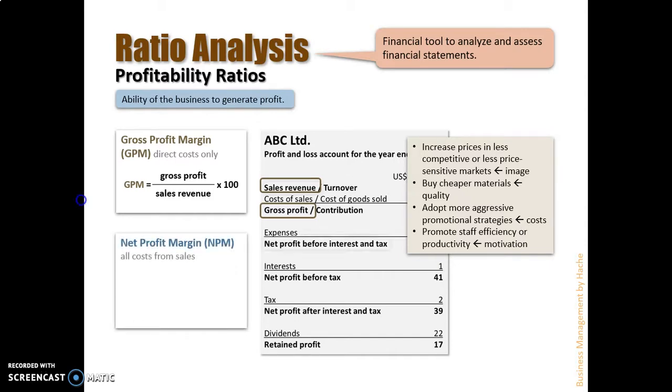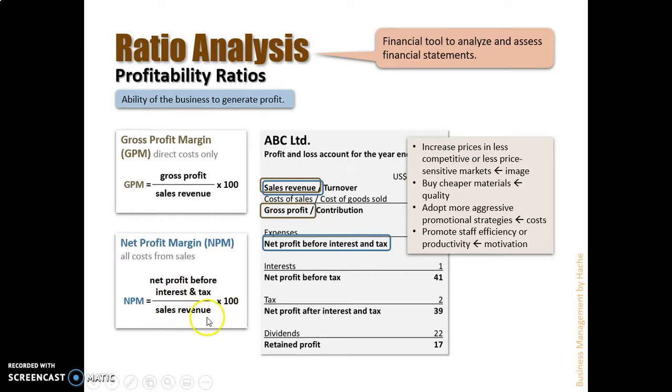The net profit margin uses two other figures. It uses again the sales revenue, but is focused on all costs. So you get the net profit before interest and tax. You're including both direct and indirect costs there, related to the business activity. And so what we do is the same thing as in the previous one. We divide the net profit before interest and tax by the sales revenue times 100, and then you get again